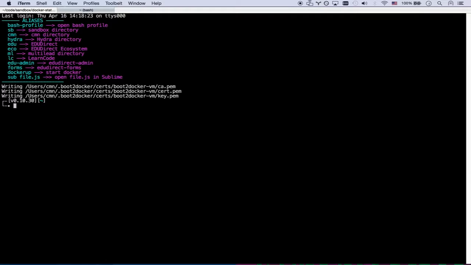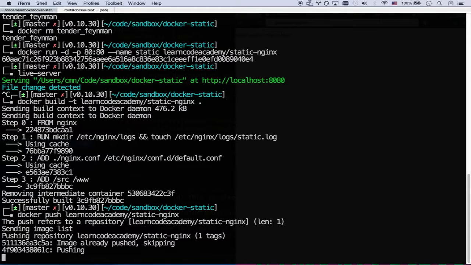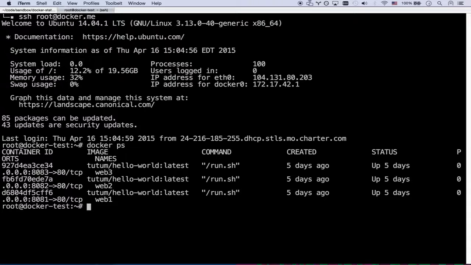So I'm going to go ahead and log in via SSH, root at boot2docker.me, which is my production server, if you'll remember. Let's go back over here. Okay, there we go, it pushed. I skipped ahead about 20 seconds because I didn't want to make you all wait in silence. So it has pushed, and now I can go docker run -p 80:80 -d --name static learncodeacademy/